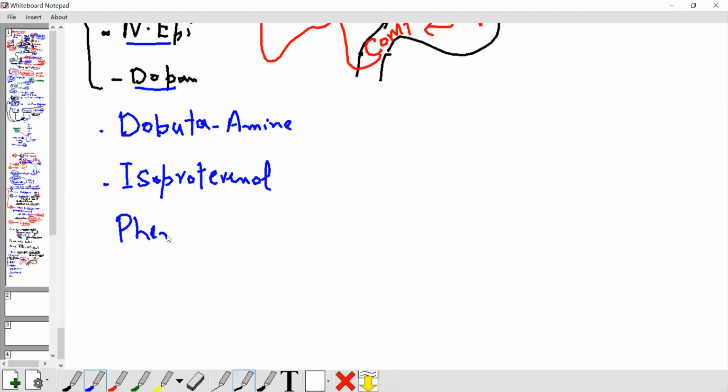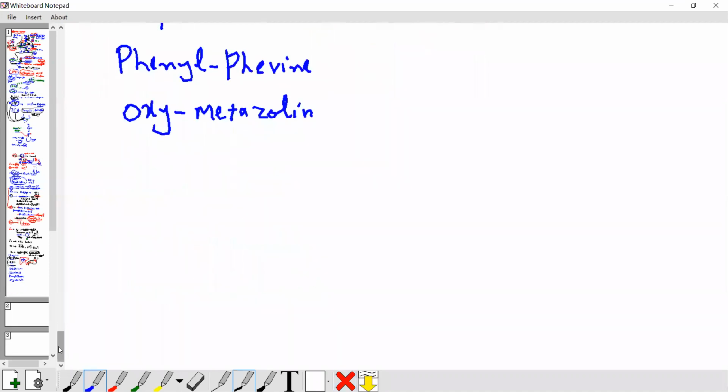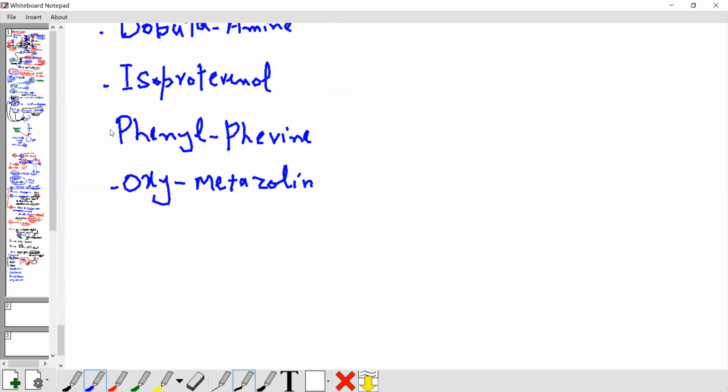Later we categorize. I am just writing the names, okay. Later we categorize these, then it is easier. Phenylephrine, oxymetazoline, oxymetazoline, okay. Oxymetazoline, phenylephrine, isoproterenol,